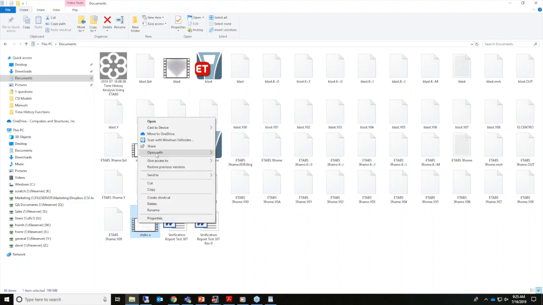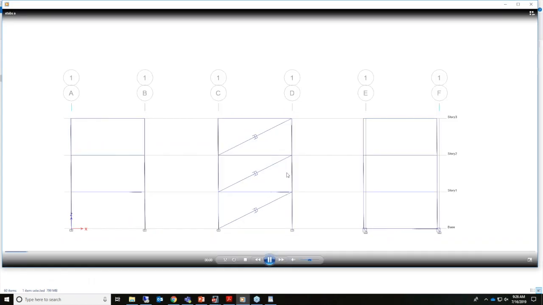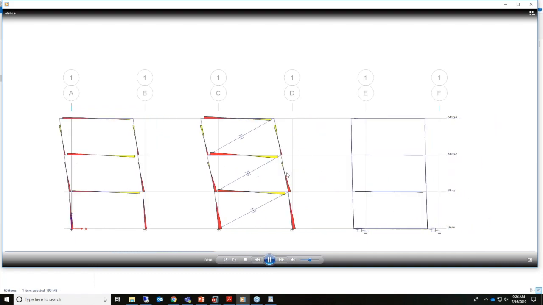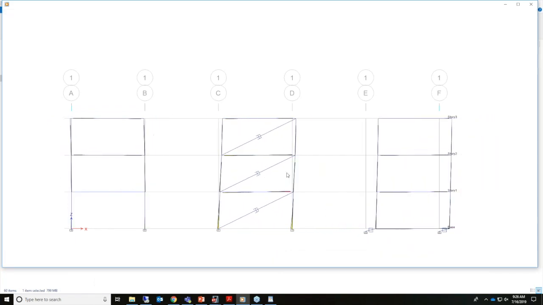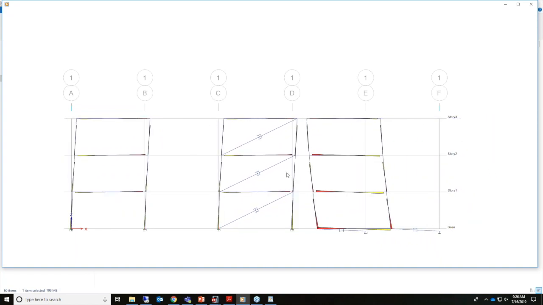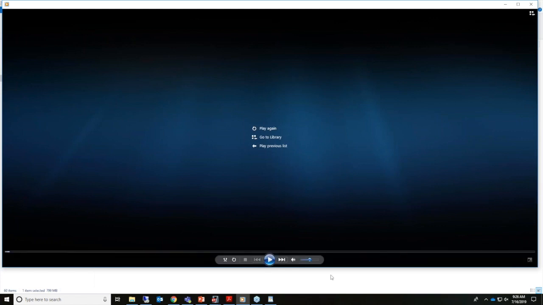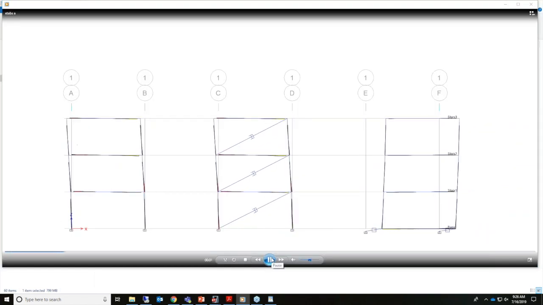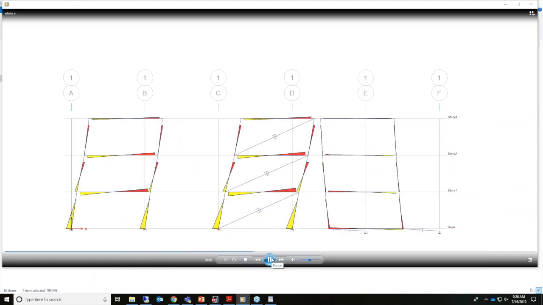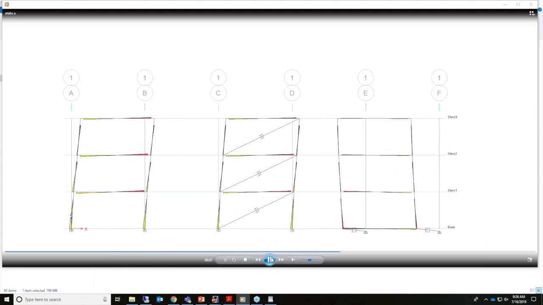Okay, maybe it's this one. Okay, so of course you can see the magnification has been exaggerated drastically. I think it's like 50 times. So what I did in this one is, I'll just run that one again. So you can see here how the moments were changing over time, and I included the deflection in this video